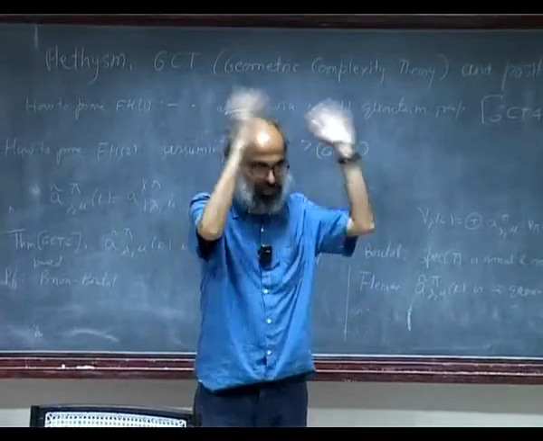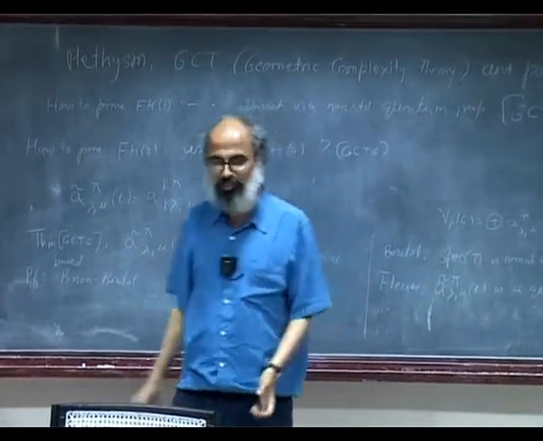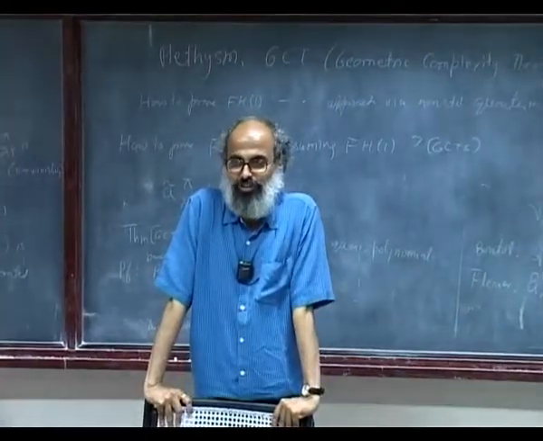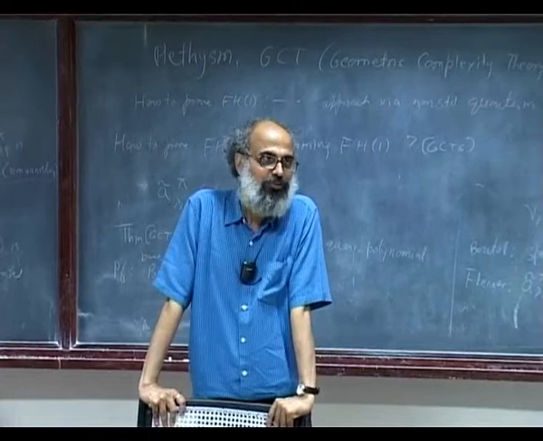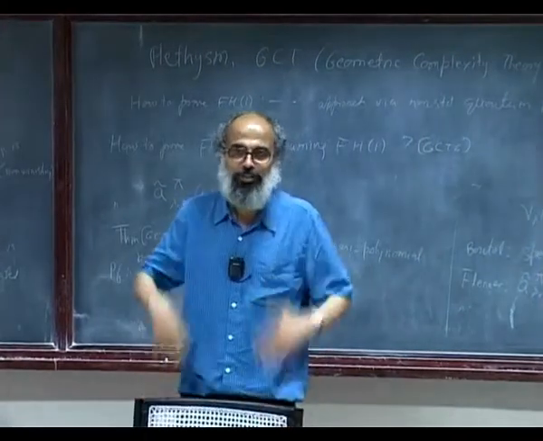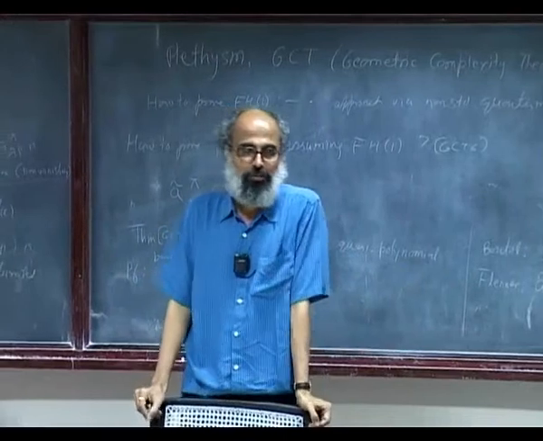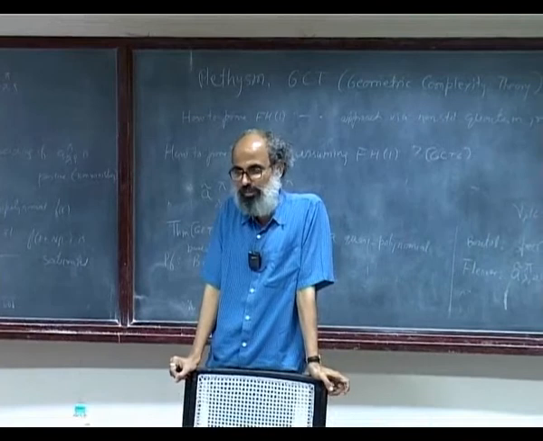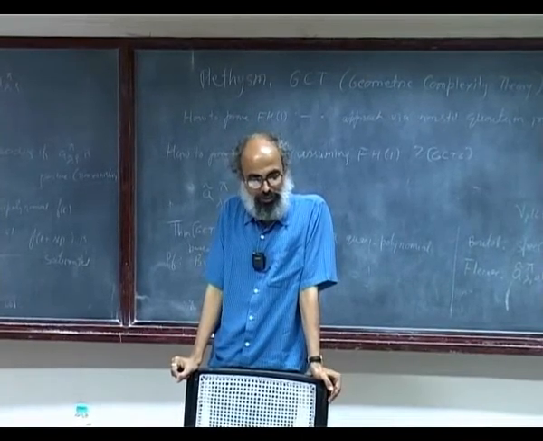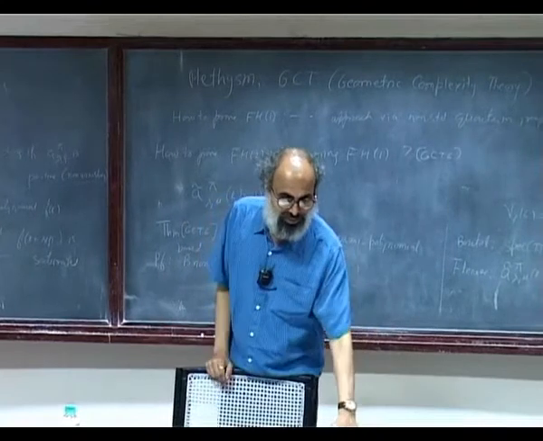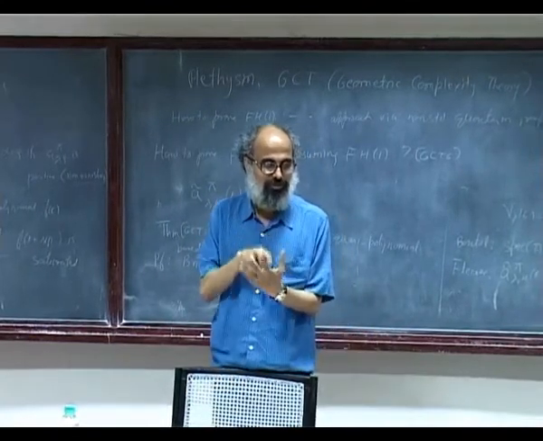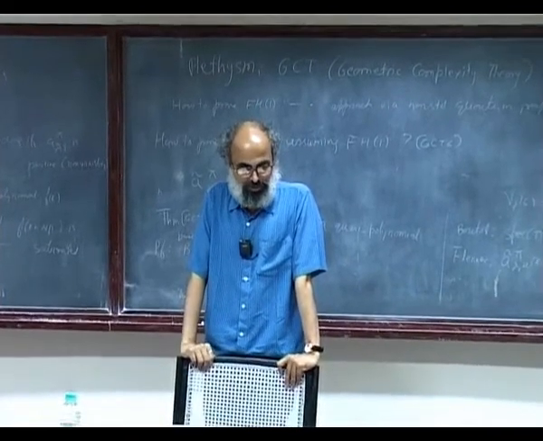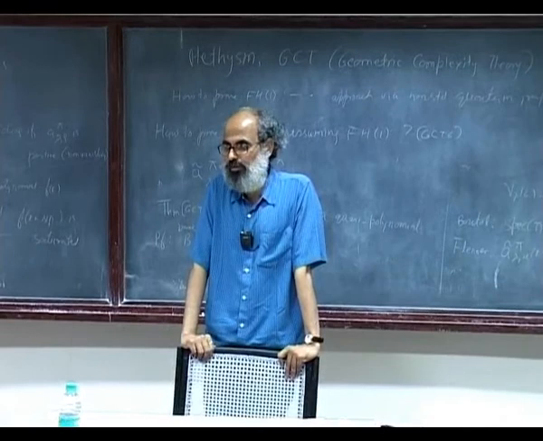And the GCT program says that if the original conjectures are true, then the problems that mathematicians want to solve actually have good solutions, which are good from both the mathematicians' point of view and complexity theory's point of view. Furthermore, in this program, these hard problems at the heart of representation theory and algebraic geometry would have to be solved before the P versus NP conjecture can be resolved. So though we didn't go into the GCT program, at least I tried to give you some problem which lies at the heart of it and also at the heart of representation theory. So hopefully that should give some glimpse into what this program is about.